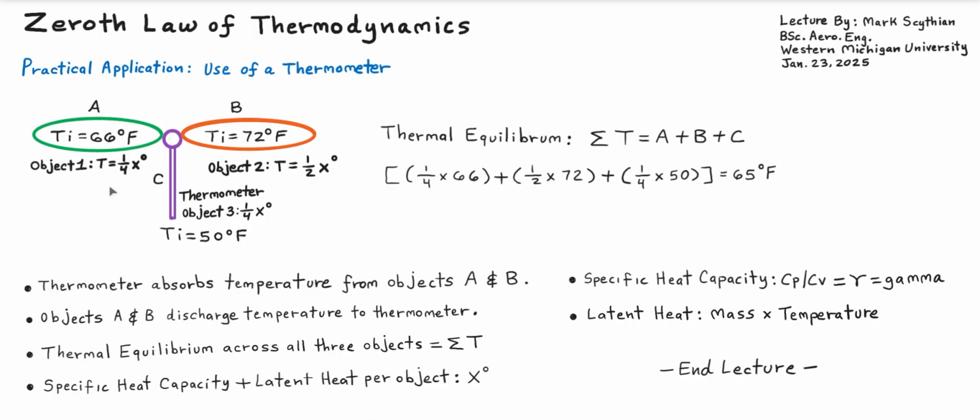So in this case, based on the measurements, we'll suppose that it is 0.25, 0.5, and 0.25 as the summation. So when we take the fractional values, their product sums, we get then an equilibrium temperature. So that's what would show up on the thermometer. So the theoretical versus the actual temperature are not necessarily identical. The thermometer is a thermal equilibrium device, and so a practical application of the Zeroth Law of Thermodynamics is use